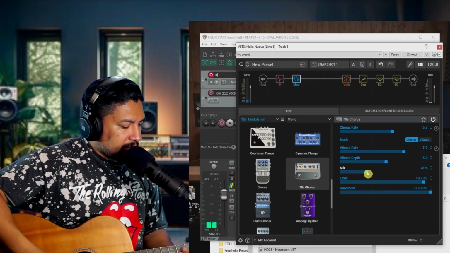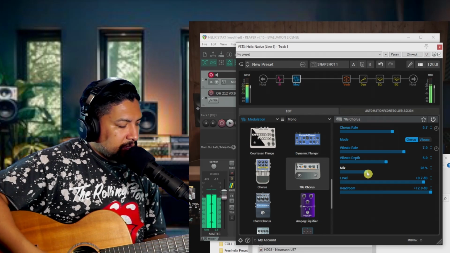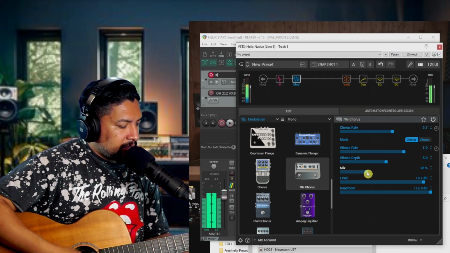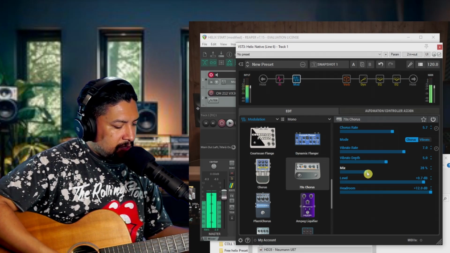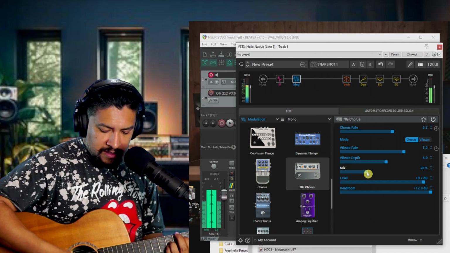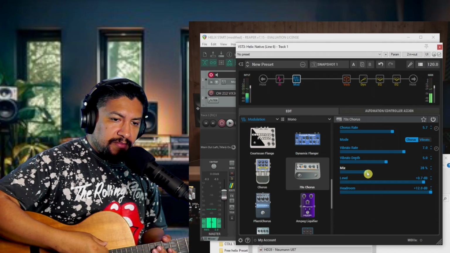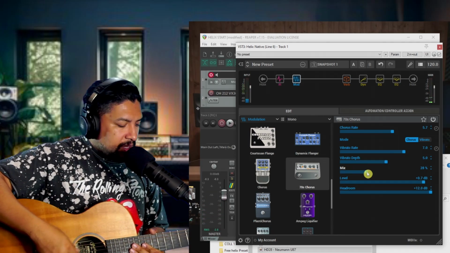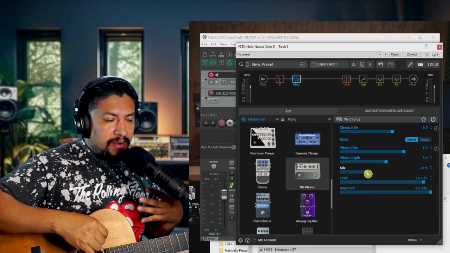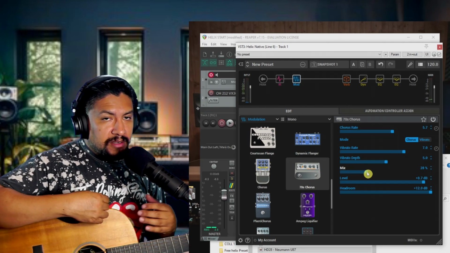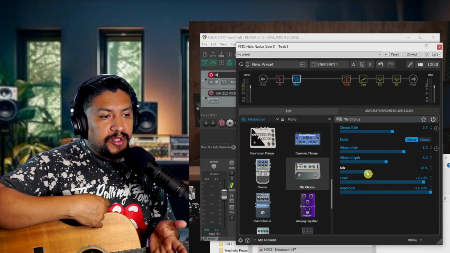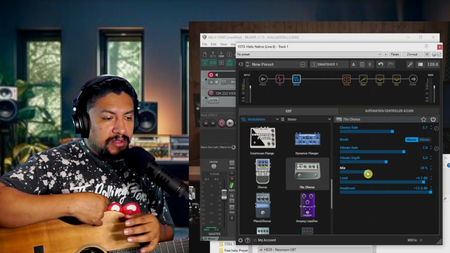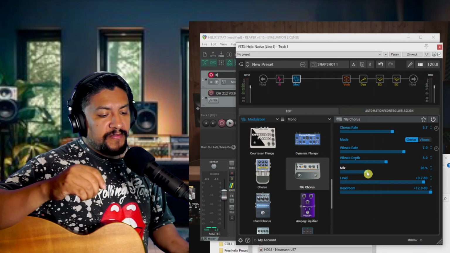Let's use the pick now. So now I changed my picking a little bit more towards the center of the hole. And you can see now you create different dynamics within the acoustic guitar. And the IR helps you. And the dynamic, the compressor also helps you focus the tone. If I'm going to play